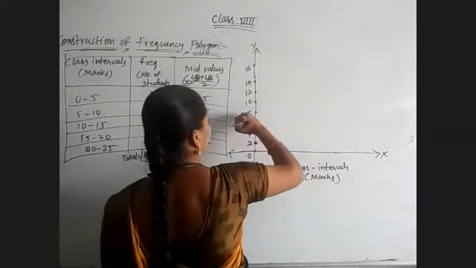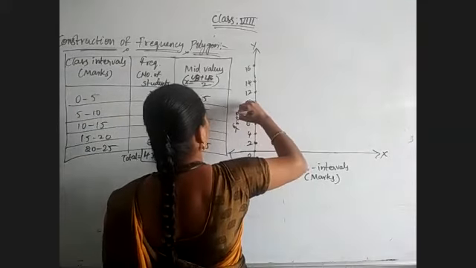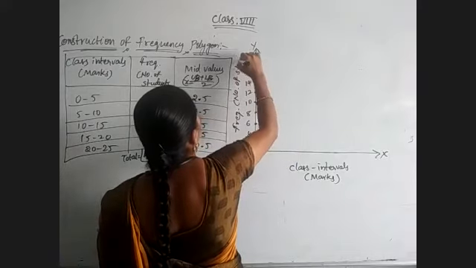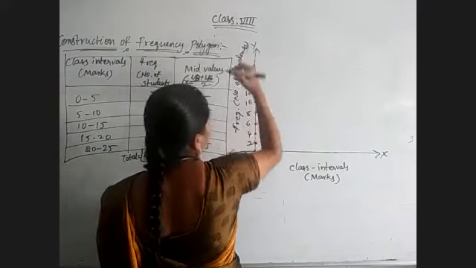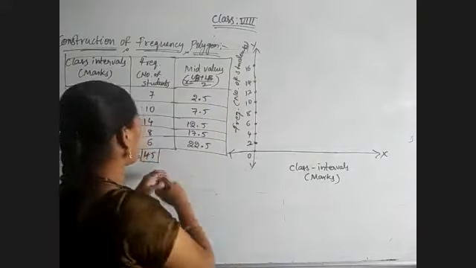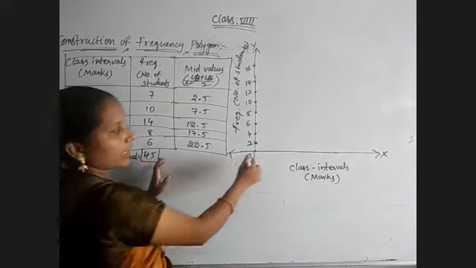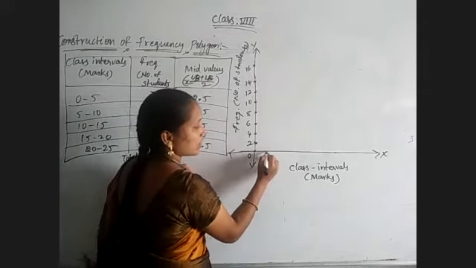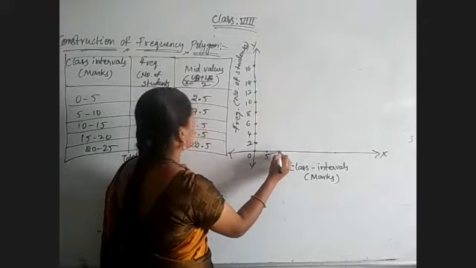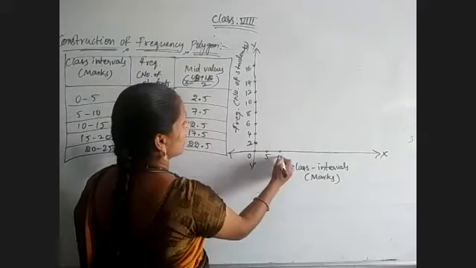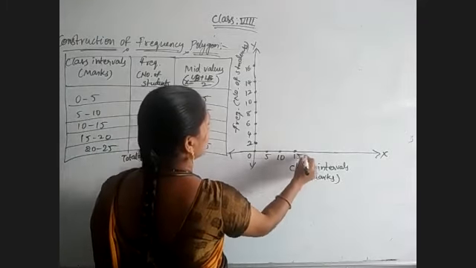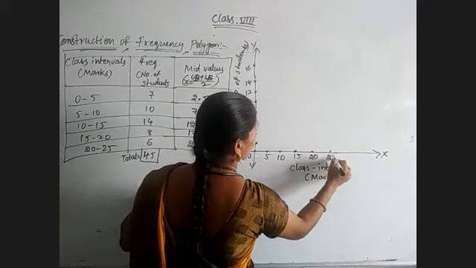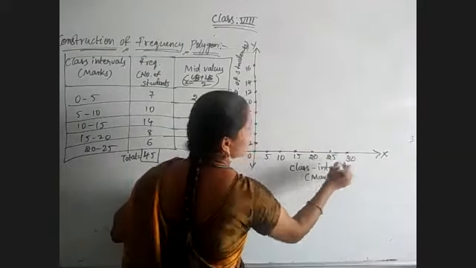So here frequency, that is number of students. So we have chosen the scale, and the x-axis 0 to 5 is directly given. So here there is no need to keep it like this. Directly we'll mention 0 to 5, upper boundary 5 and next 10, 5 to 10, 15, 20, 20 to 25. Class intervals we have. That's all.